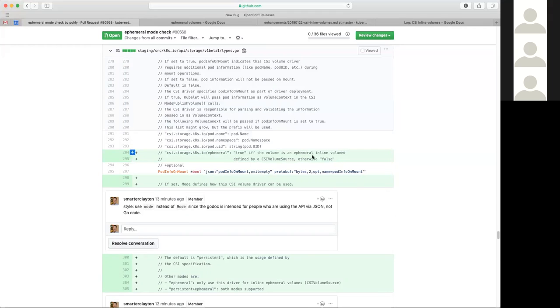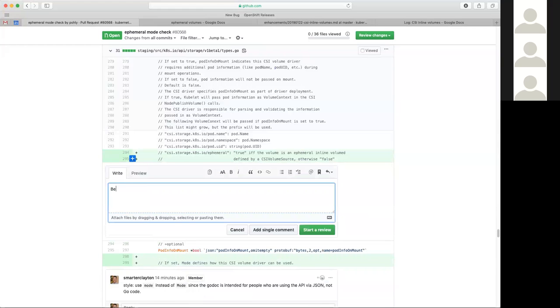If, and only if, the volume is an ephemeral volume inline defined by the CSI volume source. Yeah, so I think this annotation only comes into play if your driver supports both persistent and ephemeral modes. Mm-hmm. So this is an indication to the driver whether or not the user is requesting this volume in an ephemeral way, through in line with the pod or as a PVC. Okay, and this is required to be sent if it is ephemeral? It's required to be sent if the driver supports